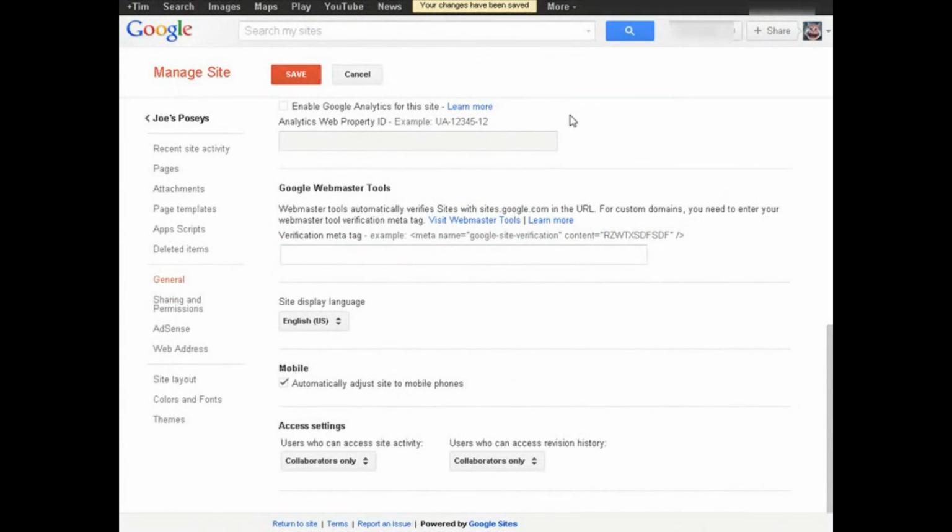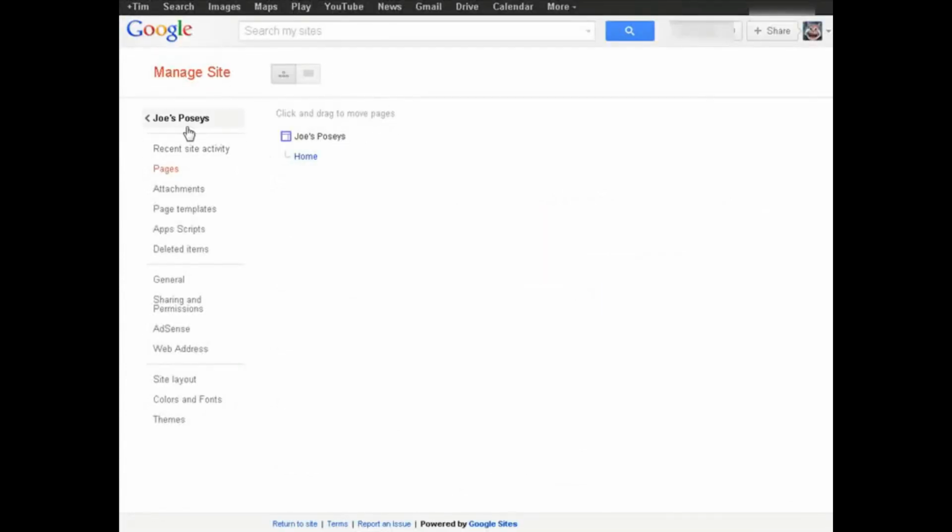Okay, at this point we're going to start adding content to our site. Now we have pages here. If you click on pages, this will give you a tree view of your site. So if you put your mouse on it here, you'll see it says /home. So you can tree this out here, and I'll show you that when we get to a page here. So let's go back, and from the front here we can either edit this page or we can add a new page. So let's edit this page,